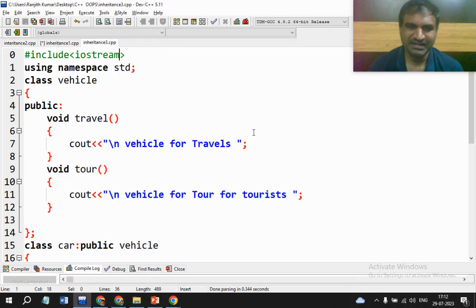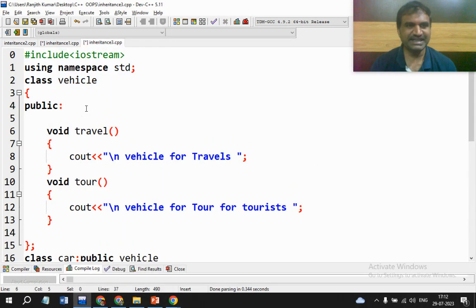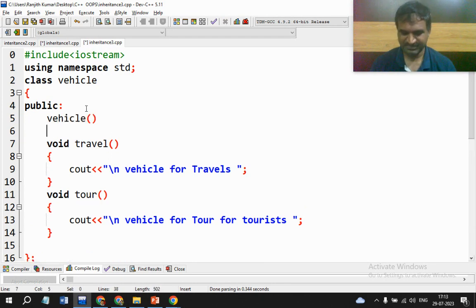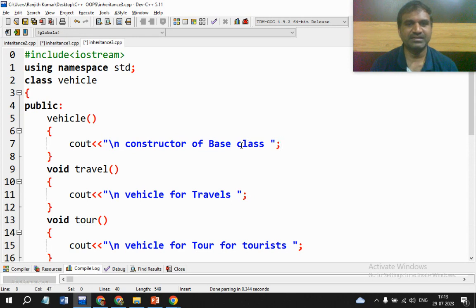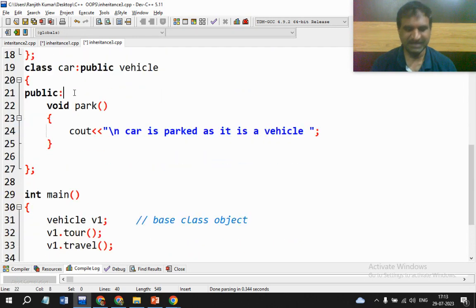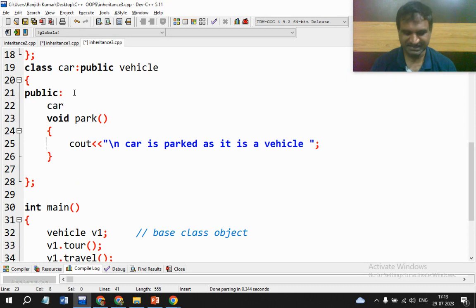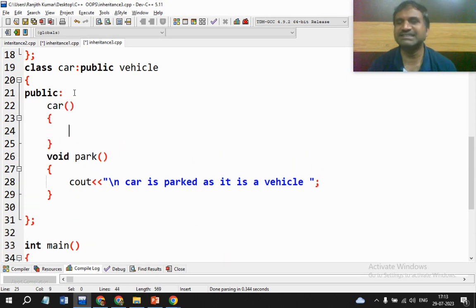We can also use the constructors if you are interested. So let us take a constructor also. So vehicle constructor, that is base class constructor. Cout constructor of base class. Similarly, I will write a constructor for derived class. So what do you mean by constructor? Constructor is a special member function which is called automatically when the object is created. Now let's observe what will happen when the base class object is created and what will happen when the derived class object is created. So cout